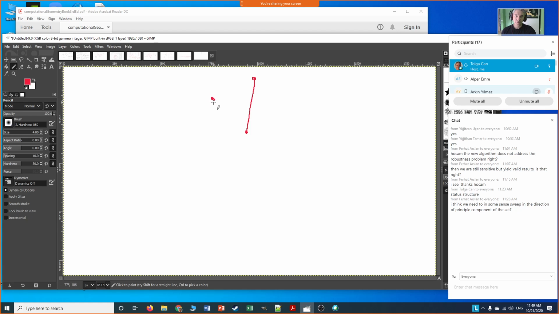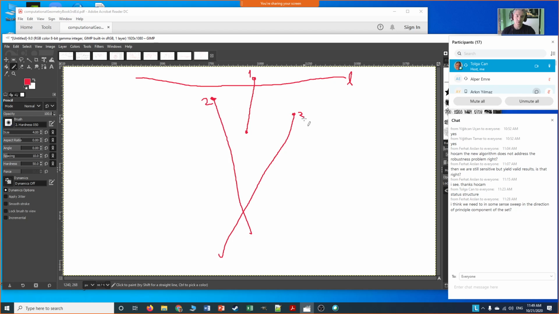This one entered, and this one entered here, and their intersection is way below here. So this is the sweep line. Let's call this line segment 1, this line segment 2, and this 3. So when segment 2 is inserted into the